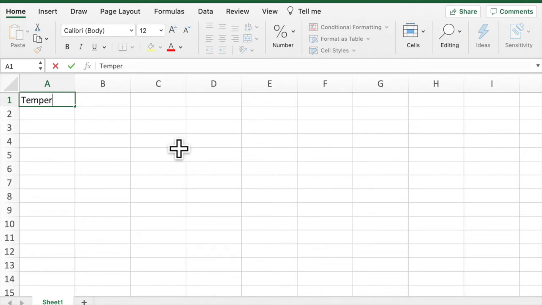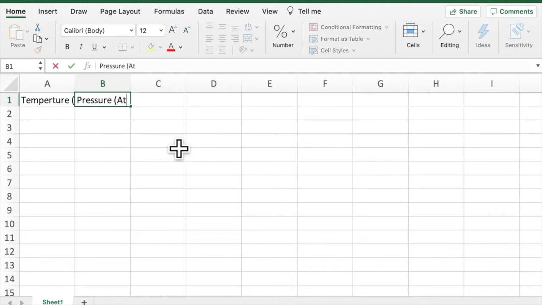So I am going to write temperature, and I am going to put the units here, and that's going to be in degrees C. And the reason why I'm going to put the units there is because this is the title, and it's going to apply to all of the other entries in this column. So I've got that in degrees C, and then I am going to write next to it our pressure